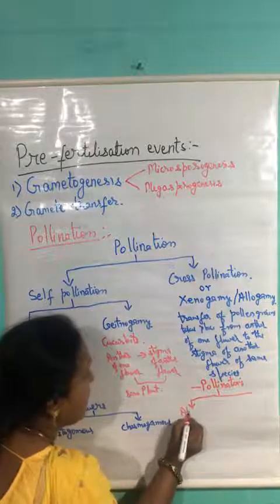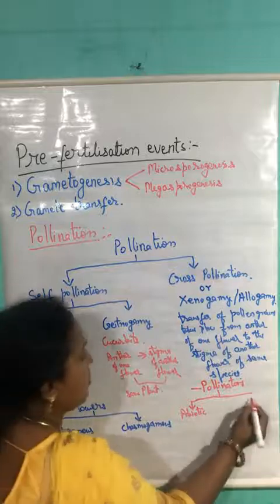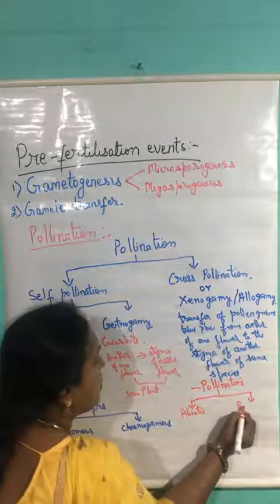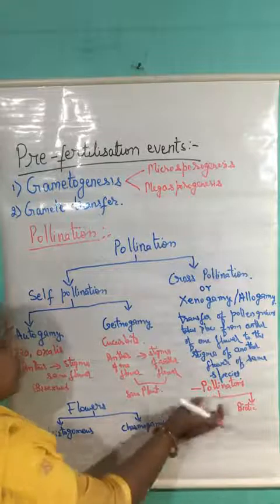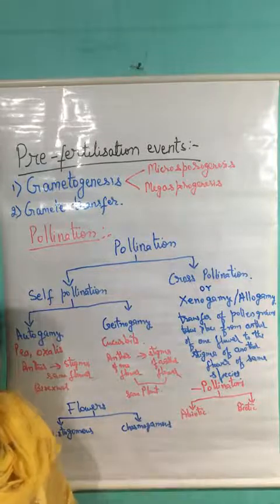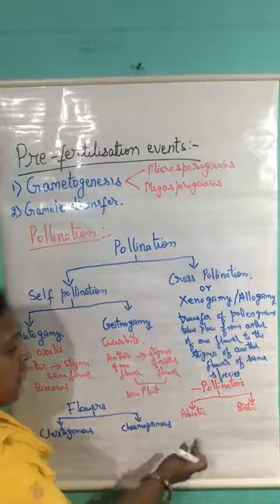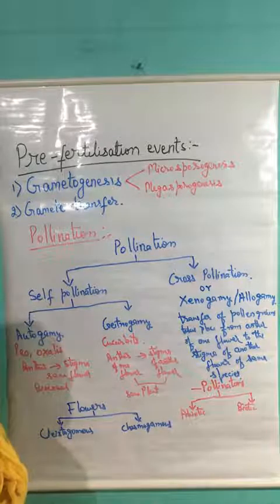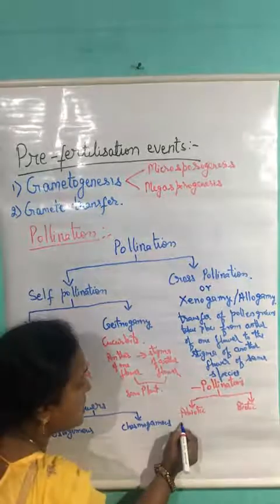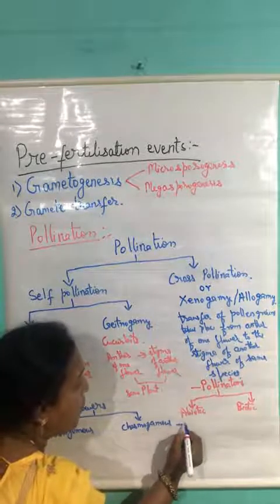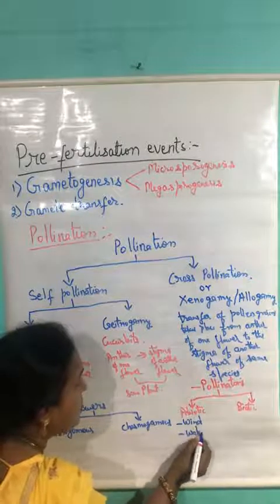They may be abiotic pollinators or they may be biotic pollinators. So, cross-pollination depends on an external pollinating agent, which may be abiotic or biotic. Abiotic pollination takes place with the help of wind, water,